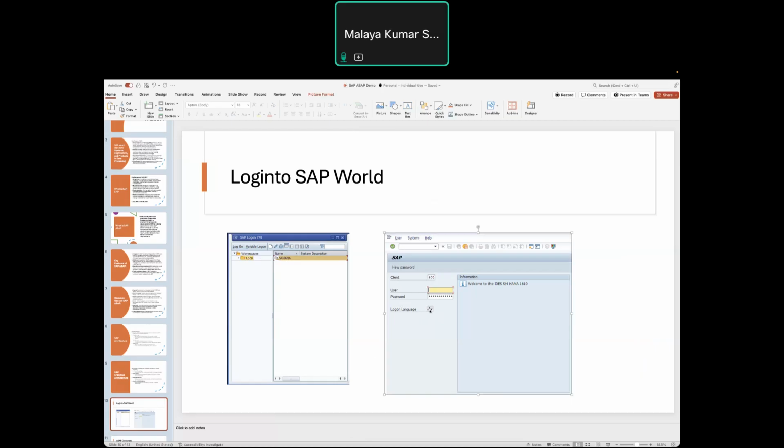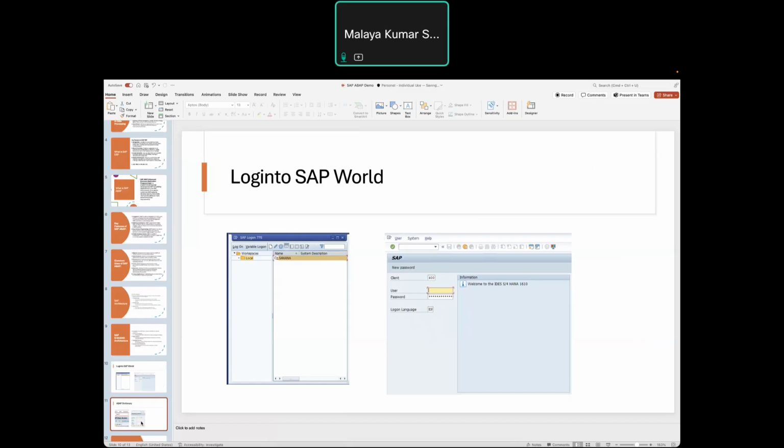Based on your language, we have different countries, right? China, US, there are some other countries, right? German. So based on the language, you can change your login language. Okay, so this is how your login screen looks.